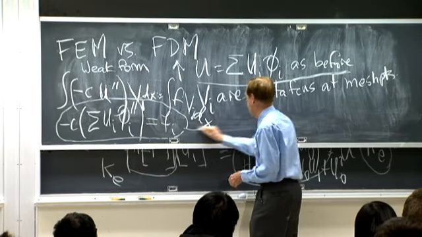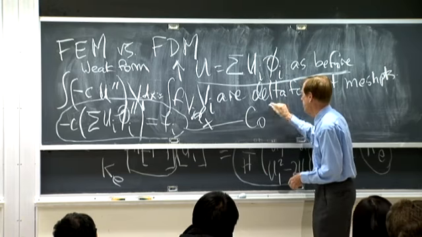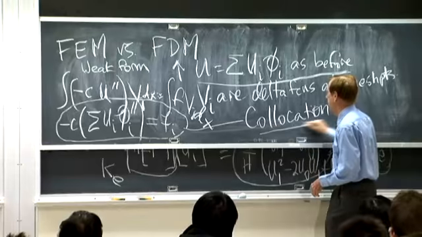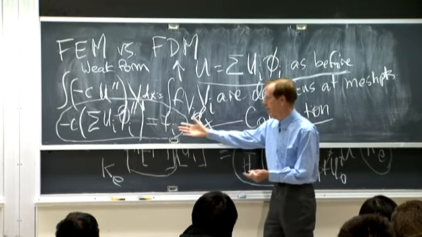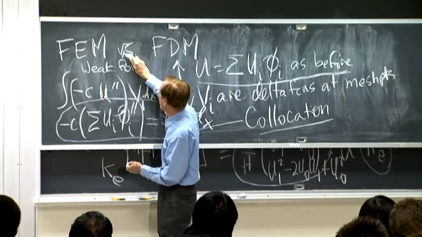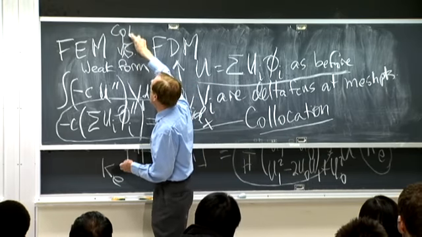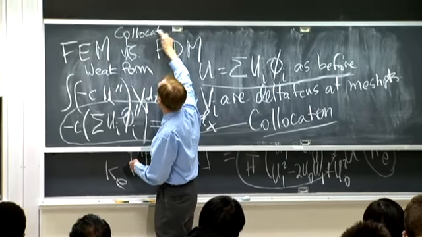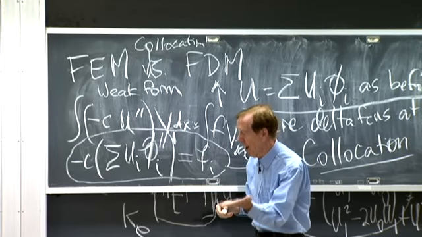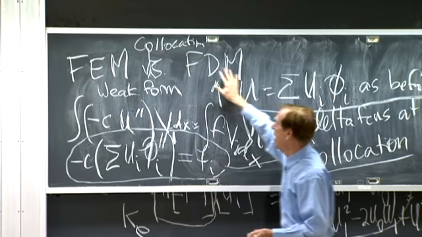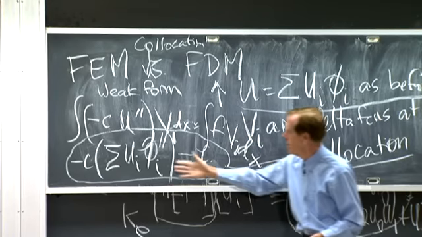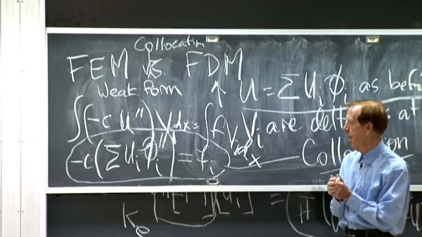And there's a name for this. This is called collocation. So in a way, what I'm saying is collocation, this idea, is somewhere in between the finite element Galerkin principle and finite differences, where I don't even think about trial functions. In between is something that really looks like